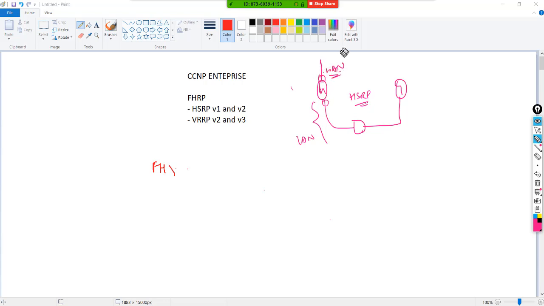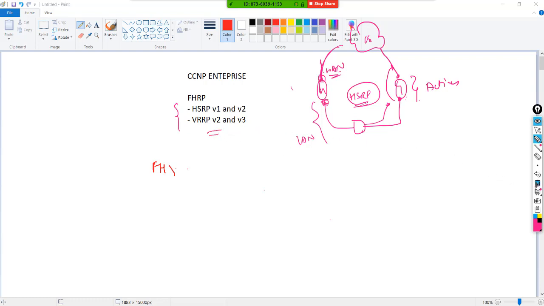In case of any failover on the WAN, it's HSRP that will re-elect or reconverge, and the election will now make this the active device. So your packets will be forwarded on this, and the traffic will go out of this. So this is the general behavior of HSRP and VRRP.